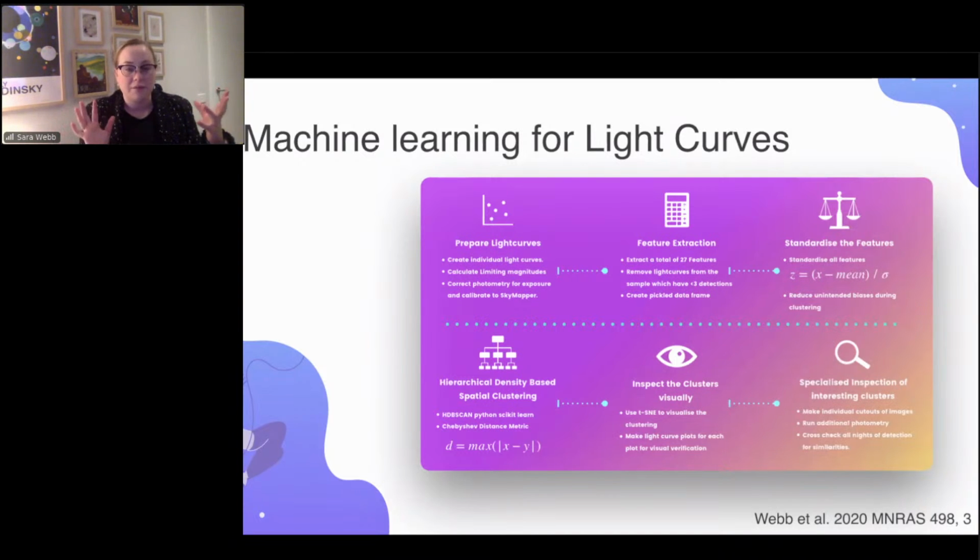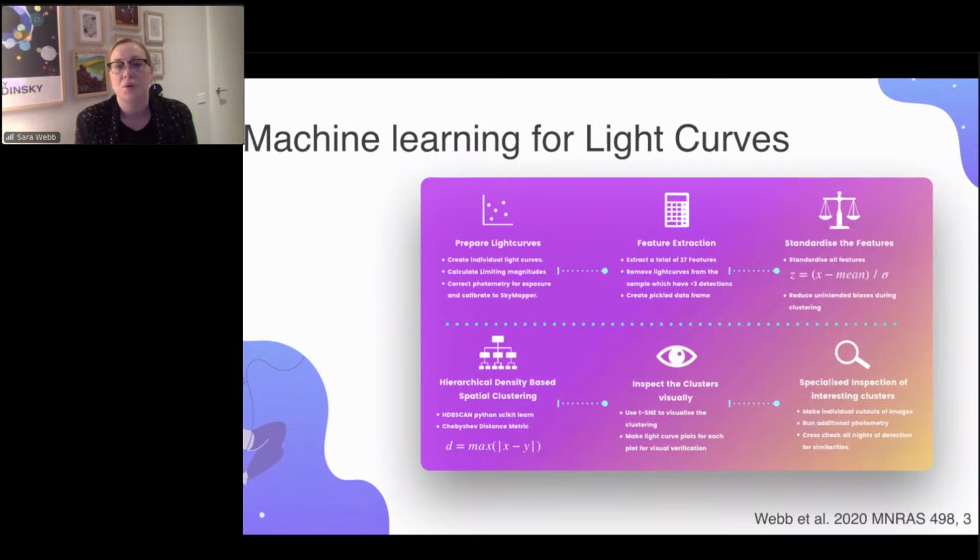And we basically ask our clustering algorithm to find the ones that are most similar to each other. And we can imagine in our 25 dimensions, light curves that have very similar features would sit very closely in feature space. And this algorithm is then able to go through and say which groupings of these have different densities, so which ones have more and which ones have less, identifying to that cluster, and what light curves actually don't sit in with any of the clusters as well.